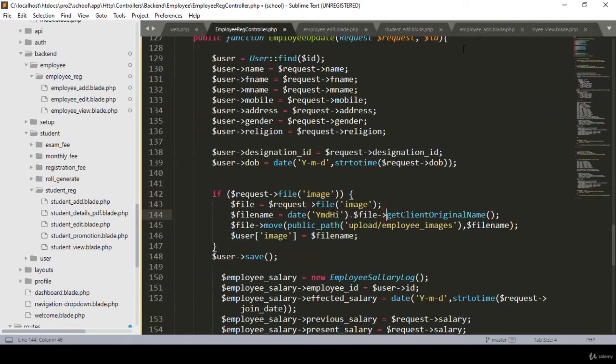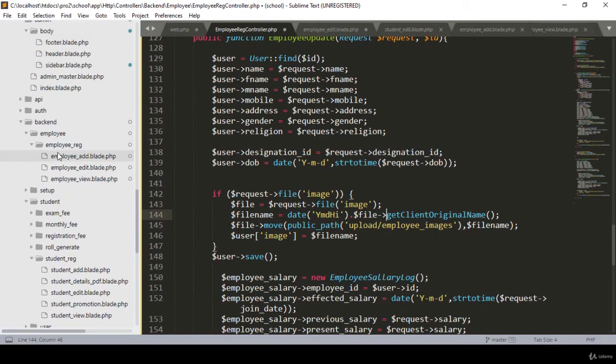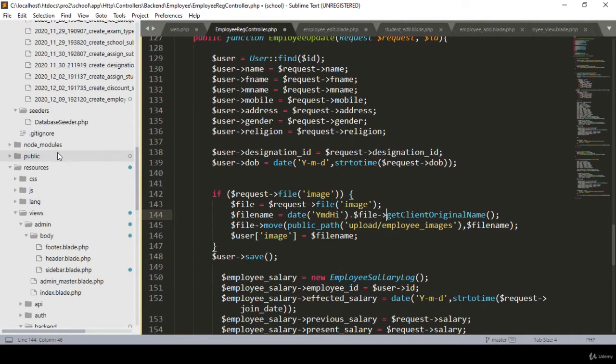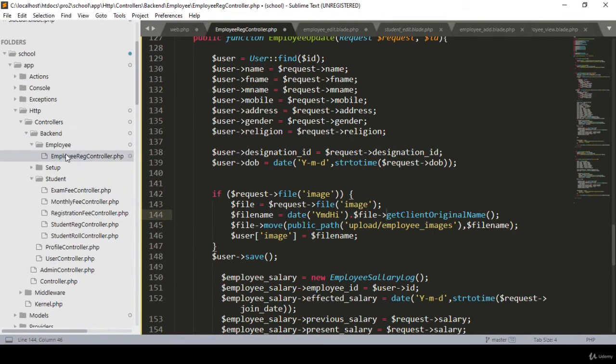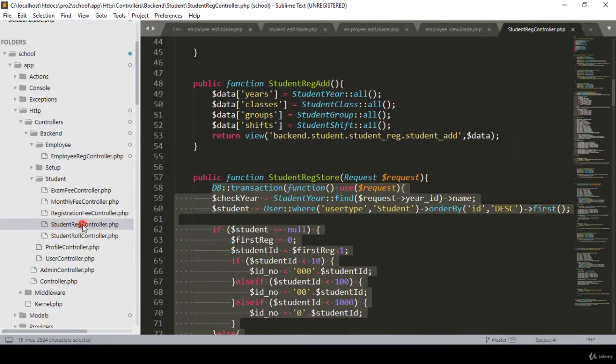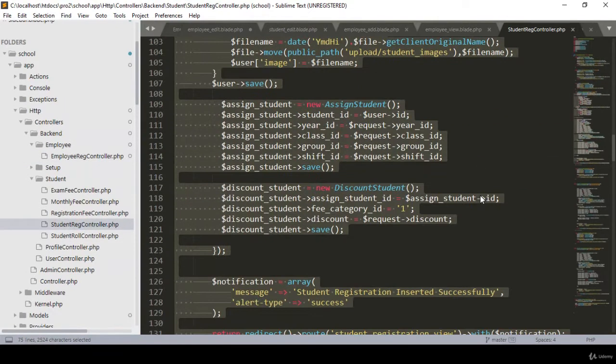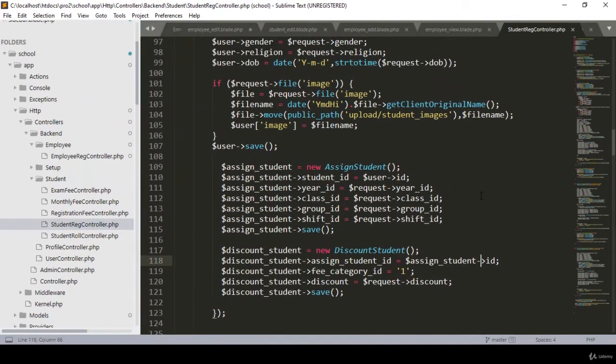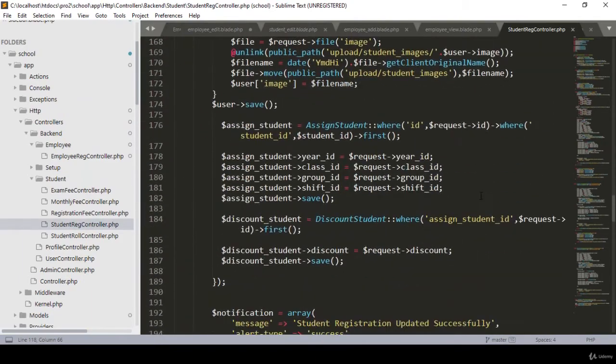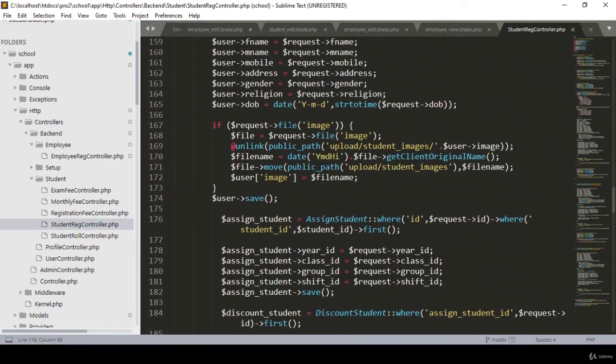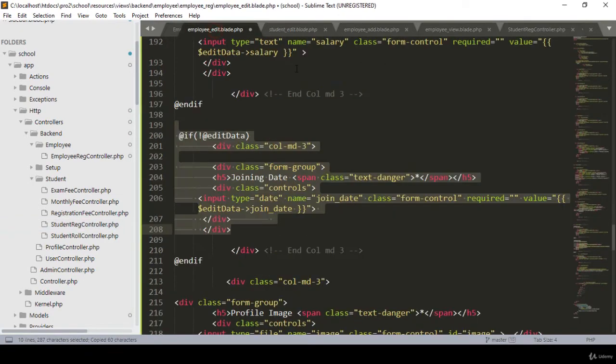So here we did this work a lot of times. If you go to another controller, maybe in our student controller, I did that work. If you go to the student registration controller, here we only have to unlink it, right? You can see that is actually our unlink function. So now I copy this unlink function that I copied, and now in our employee edit,